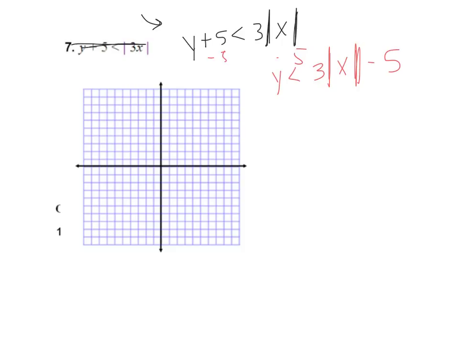So now when I look at this, this is going to have a down 5, and it's also going to have a slope of 3 because there's a vertical stretch. So now my new vertex is 0 because there's nothing on the inside of the function, and down 5 would be a negative 5. So when I graph this, 0, negative 5,